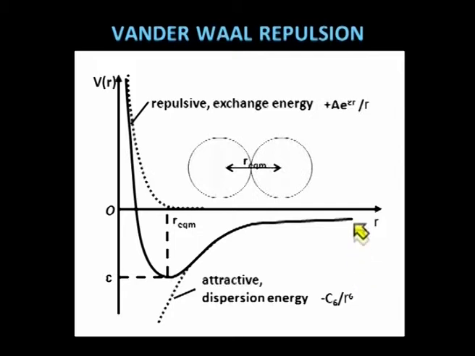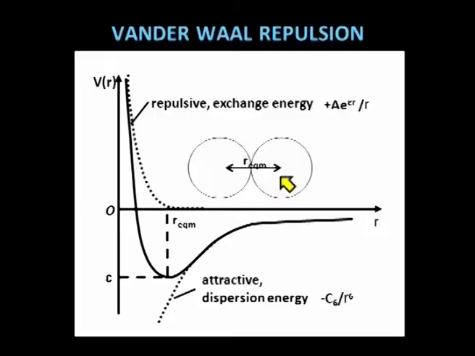We can understand the van der Waals repulsion with the help of this diagram. Here we can see that as two atoms come close to each other, they attract each other. So, there exist van der Waals attractive forces between them. But if they come too close to each other, then a repulsion starts. This distance is known as the van der Waals radius. So, if molecules or atoms are at a distance less than the sum of the van der Waals radii, the molecule will become unstable.